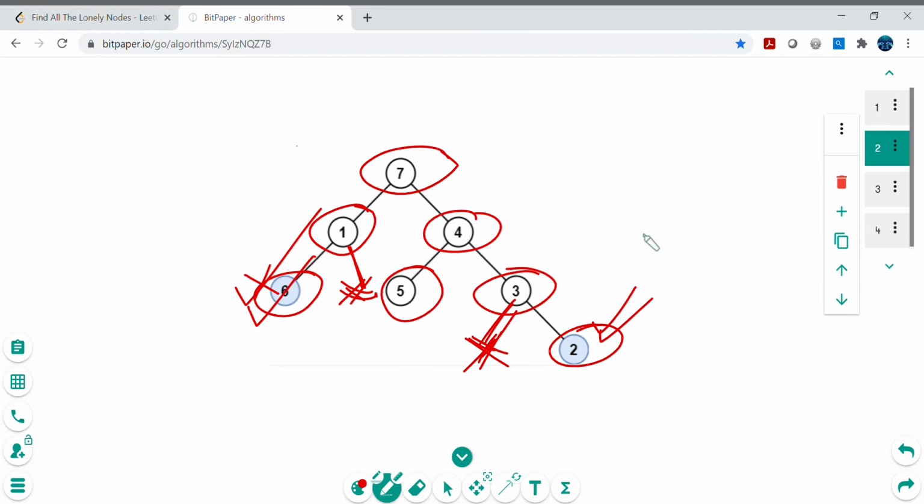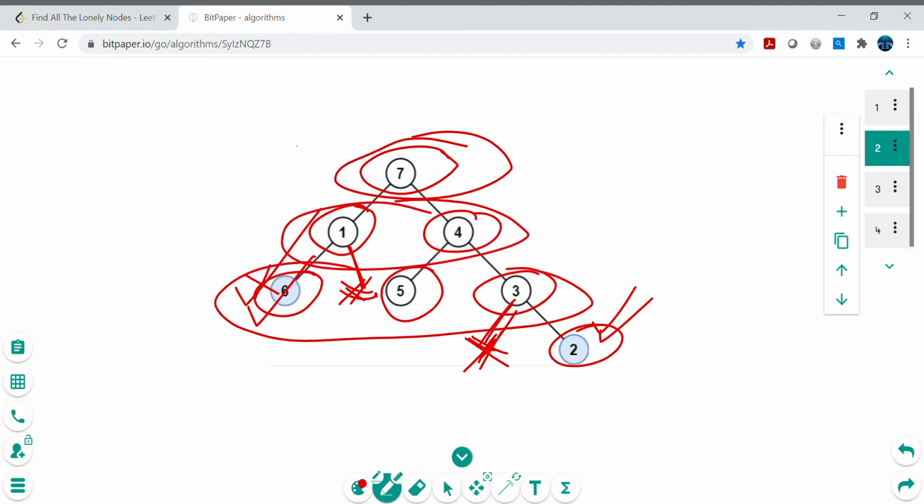Also, before moving to the recursion, a quick check on the complexity. We are storing all the nodes. In the worst case we need to go through each and every node here. So time complexity is order of n, where n is the number of nodes. Space complexity is again order of n, linear, because at every level we are storing the nodes in the queue. Whatever the maximum number of nodes at any level will be the space complexity, right? So in this particular case, 3 nodes are the maximum, so 3 is the space complexity.